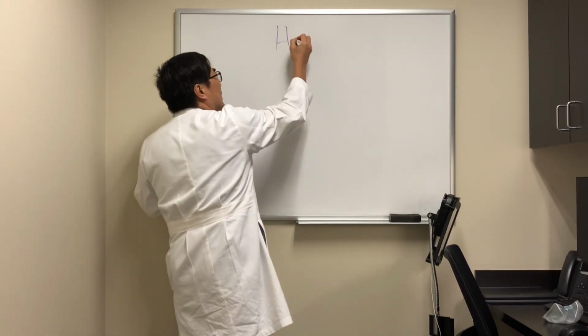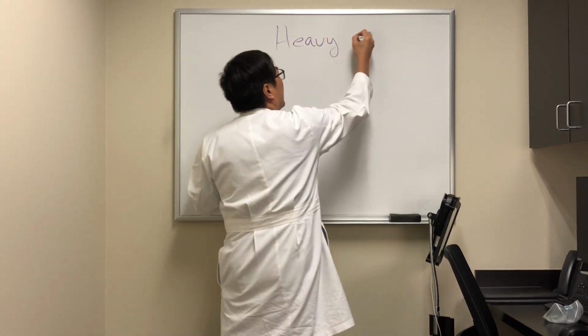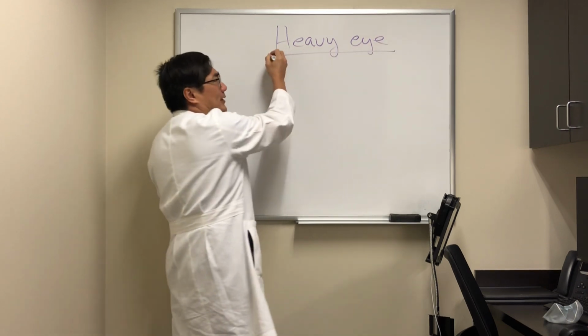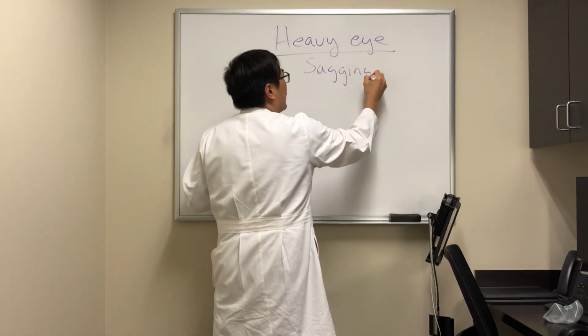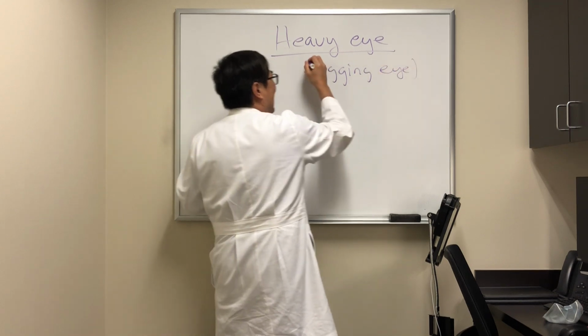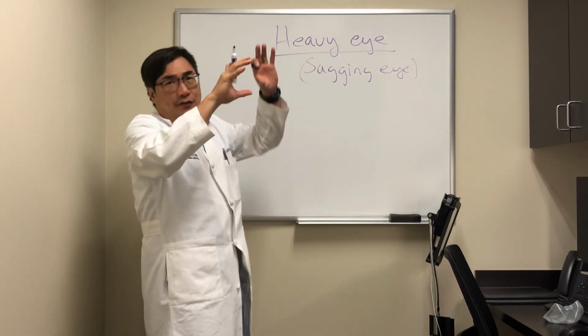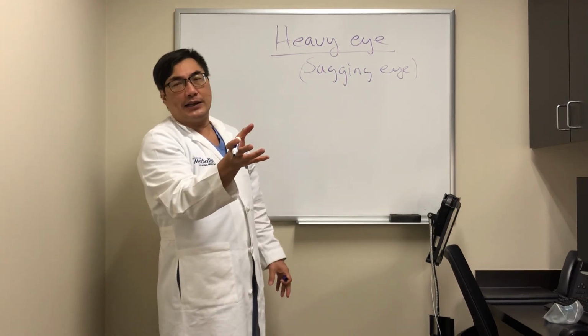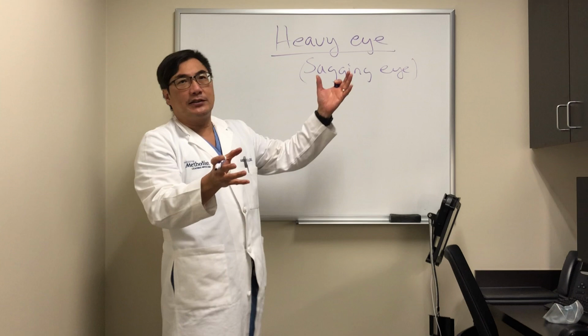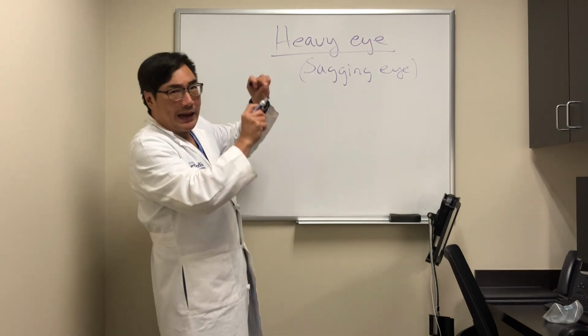So this is a different type of eye problem. It's similar to the sagging eye, except it's called the heavy eye. So you can watch the video on the sagging eye, and in the sagging eye, everything is sagging: deep superior sulcus, inferior displacement of the lateral rectus, and medial displacement of the inferior rectus from the band, the superior